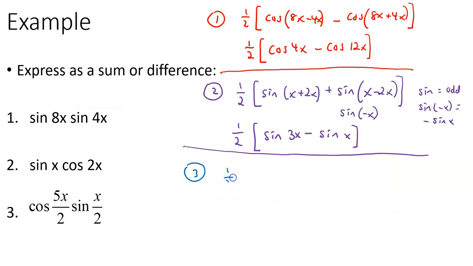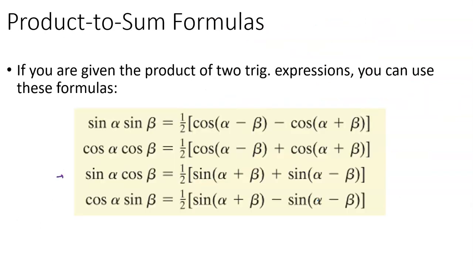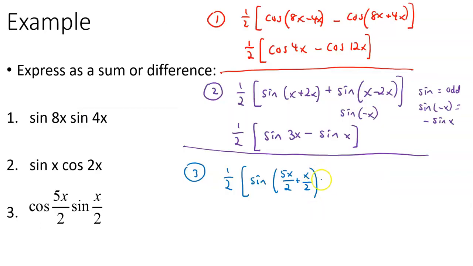So half the sine of the sum, 5x over 2 plus x over 2, half the sine of the sum minus the sine of the difference. So minus 5x over 2 minus x over 2. So we get 1/2